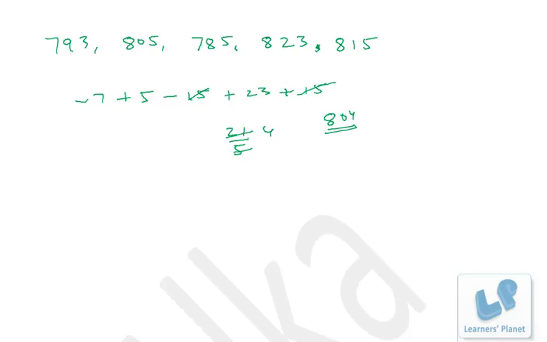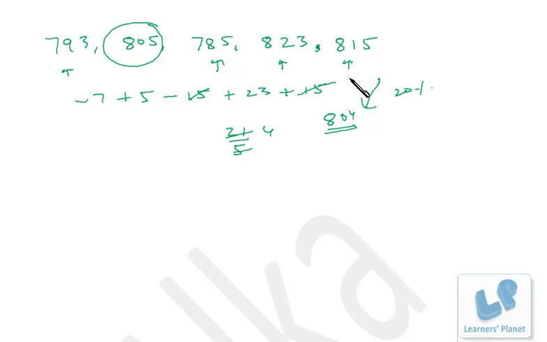Right? Now the same thing once again, if I have to find out the percentage contribution of any of the numbers, suppose 805, right? 1, 2, 3, 4, 5 numbers are there. So average must be 20%. That means this data is actually 20%. Now we have to see the deviation from this. Now 805 and 804, both of them are very closer to each other. So 804 is actually 20%, and 800 will be slightly less than 20%, and 805 will be slightly more than 20%.